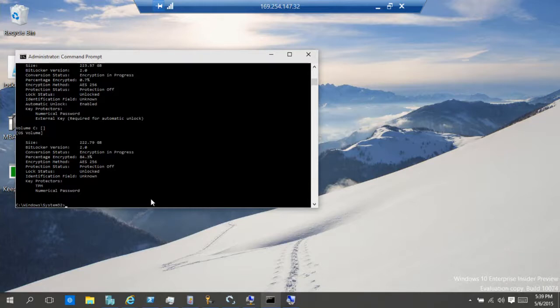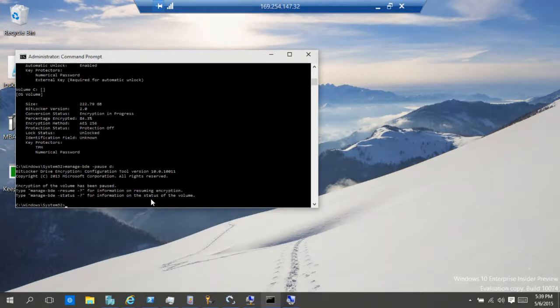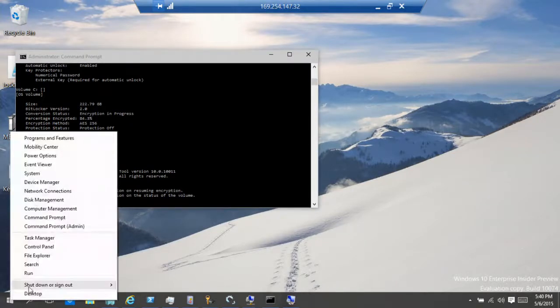So I'm going to pause encryption real quick just on my D drive, but I'm going to let it run on my other drive because I'm going to need that for a demo a little bit later. So let me pause this on D. That'll make my VMs run a little bit faster. And then the other thing I was going to show you is that if I launch,